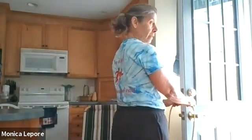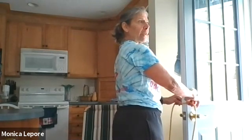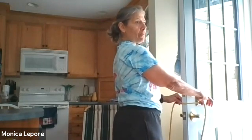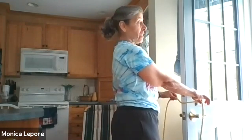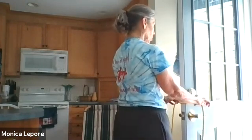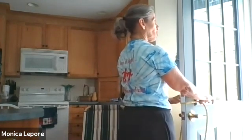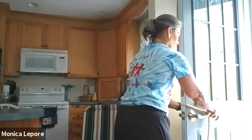Now I'm staring at this part of the door, the deadbolt part, and now I'm going to move my right hand about 3 inches to the right along the cord while I hold the cord on the deadbolt area. I move my left hand 3 inches to the left. My cord is now kind of like held onto the door by my tension. Now for me, I push the cord away from my body, making the cord go through my fingers, and then I'm going to put the cord down,